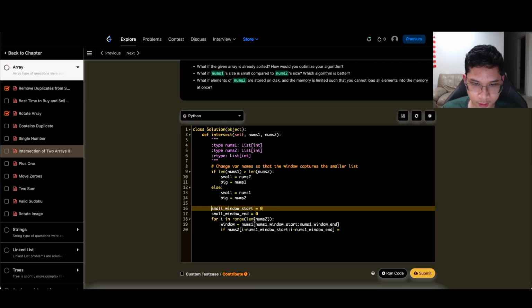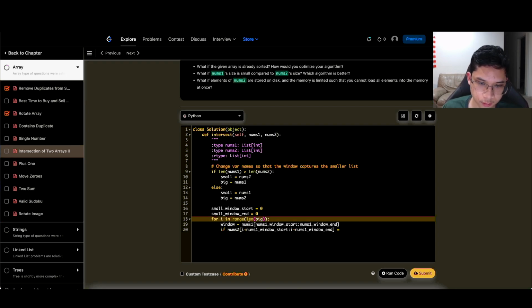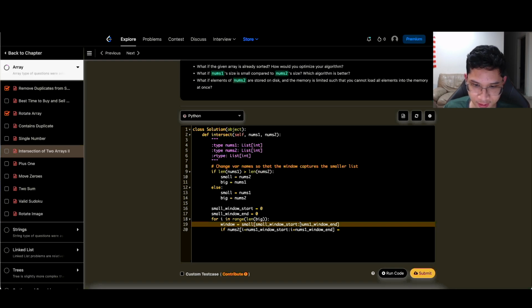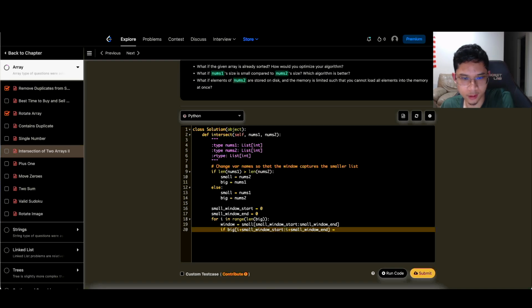Then for i in range of the length of big, window is... can I find and replace everything? I guess not. Or at least if there is, I don't know how to do it in LeetCode. Small... oh boy, time to replace everything. I was gonna do this eventually, so it's good that I did it now before the code got too crazy. Small window start, small window end, if big at i plus small window start plus small window end